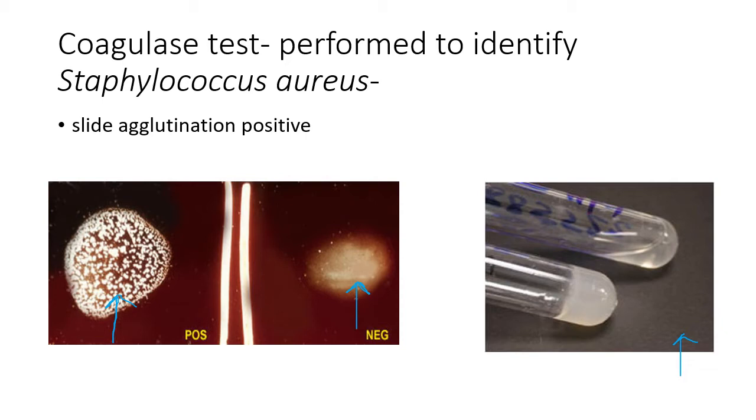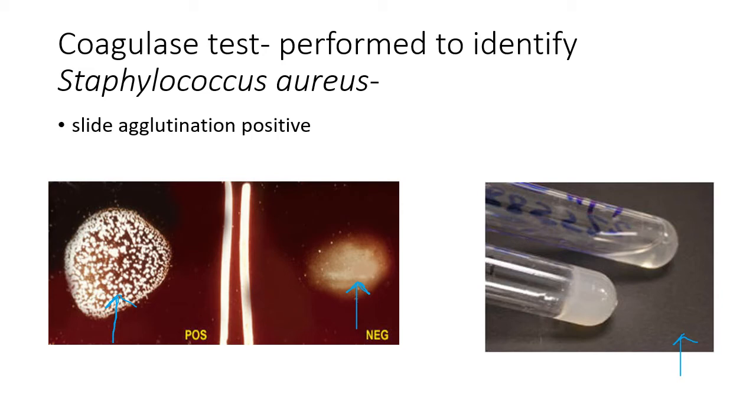Now, why do clumps form? The clumps form because of the coagulase which is bound to the cell wall of Staph aureus, which communicates with the prothrombin, which then activates fibrinogen, and further fibrinogen is converted to fibrin. Now that fibrin coats the staphylococcus, and you can see it as clumps, and these may also act as virulence factors, as you know. So if slide coagulase is positive, you can confirm your initial diagnosis and say that this looks like Staph aureus.